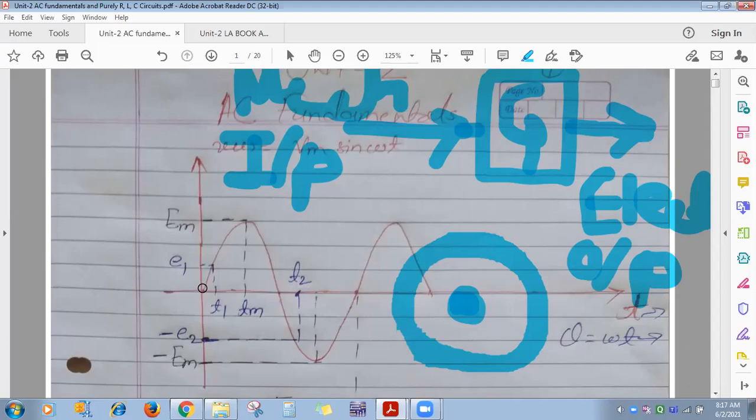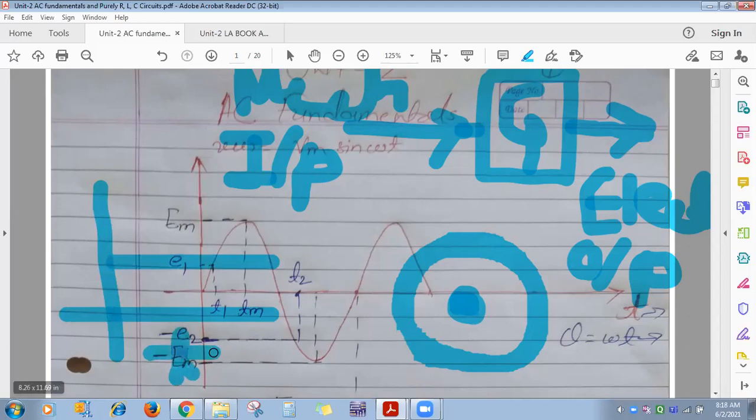Magnitude and direction continuously change. Voltage depends on time. That's why voltage is along the y-axis and time along the x-axis. And DC we have seen in an earlier unit. DC means magnitude and direction remain constant with the change in time. So for DC also, along the x-axis time, along the y-axis voltage. All of you can see for DC voltage, its direction and magnitude remain constant. That is the difference between AC and DC.